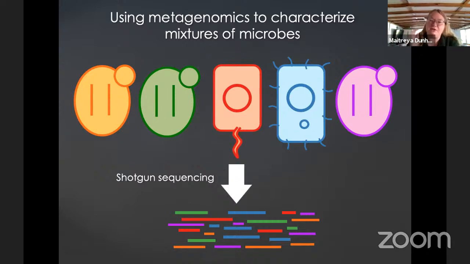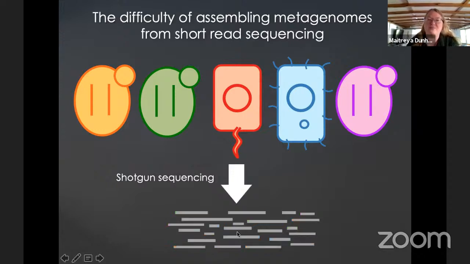And so, as has been described earlier today, the most typical way of doing metagenomics on a mixture of microbes is to grind them all up and sequence them, right? And so what's great is that you get all the different sequences coming from all the different bugs, but of course they're not beautifully color coded so that you can tell which genome bits came from which of these bugs. And of course, the field has come up with clever ways of making these matches and reassembling these genomes from these mixtures.